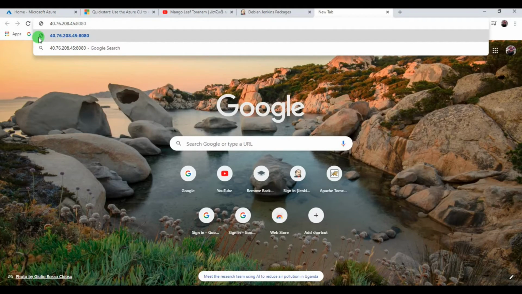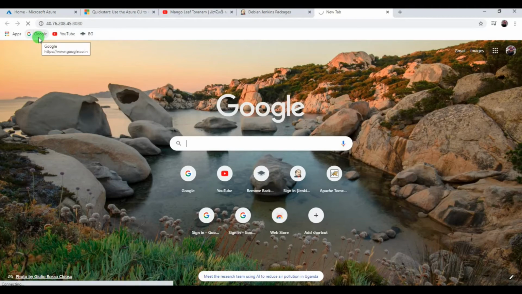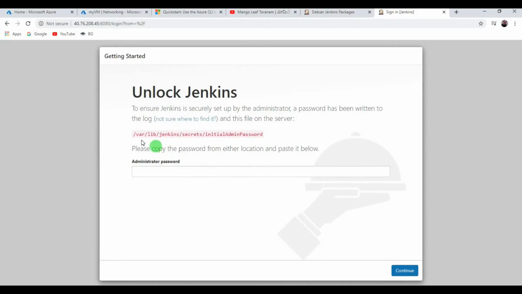So by default Jenkins runs on 8080, and with the default installation we have not changed this port. I will show how to change that port as well in the next steps. So enter. You should be able to access the Jenkins instance from the browser by using this IP and port number. Okay, we got the Jenkins homepage here. Now we have to get the initial admin password to proceed with the further installation of Jenkins.